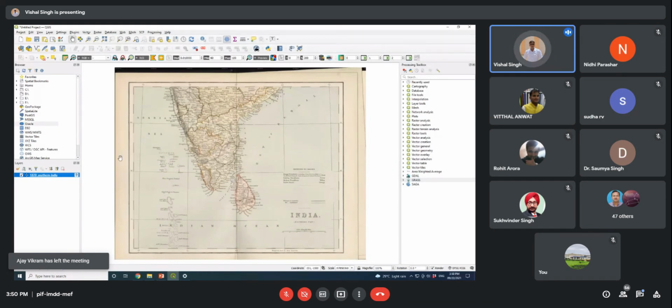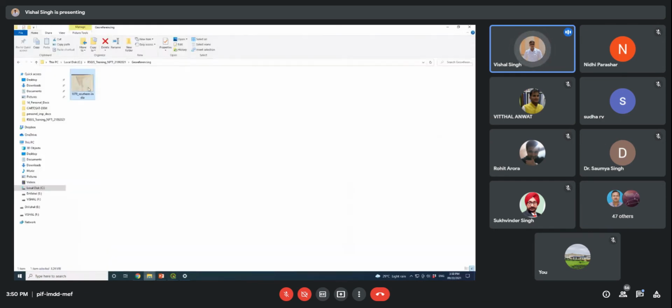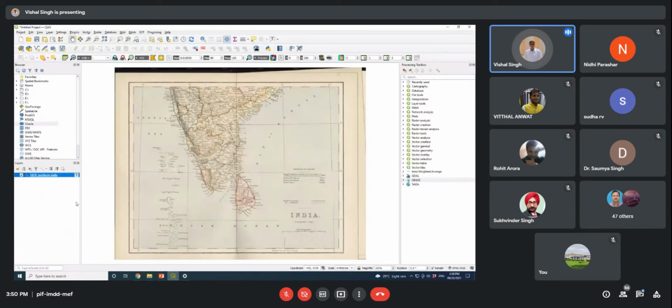You just need to go to your directory, select the file, and drag and drop it like this, like you drop files in your Gmail to add some files. Directly you can drag and drop now. So in a similar way you can do it here.